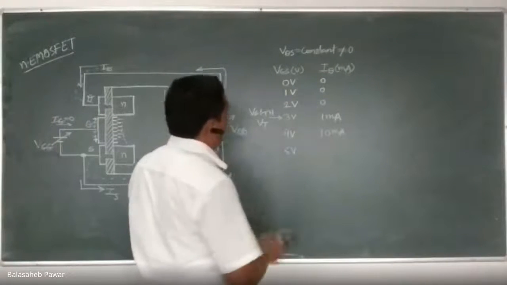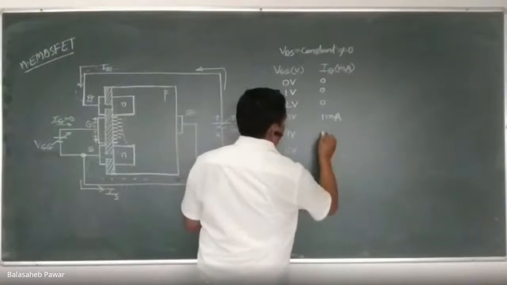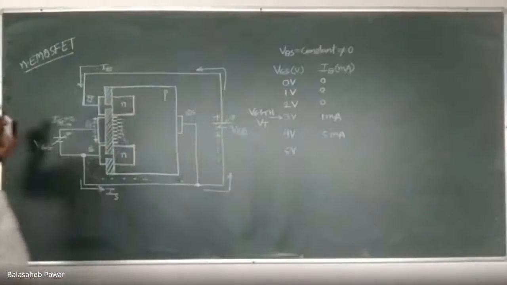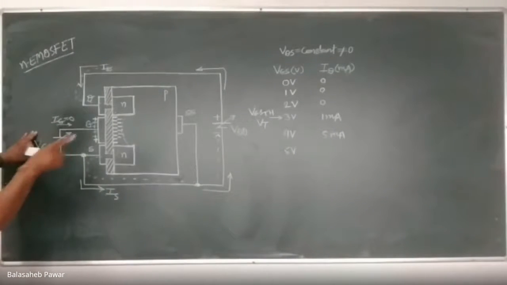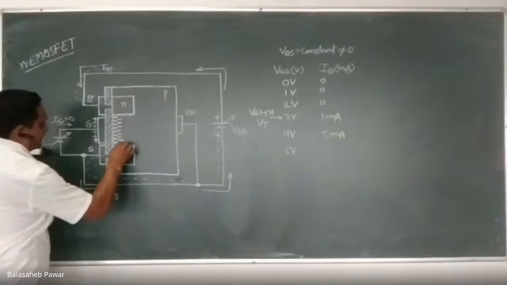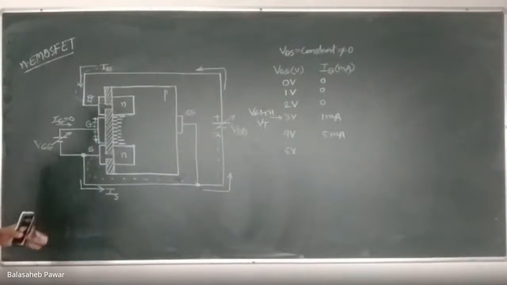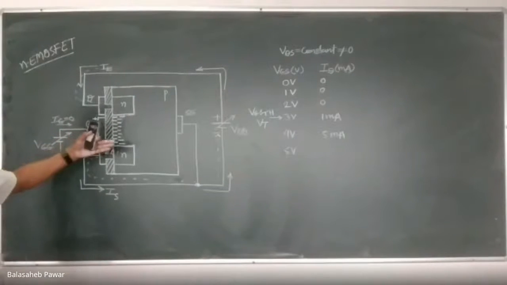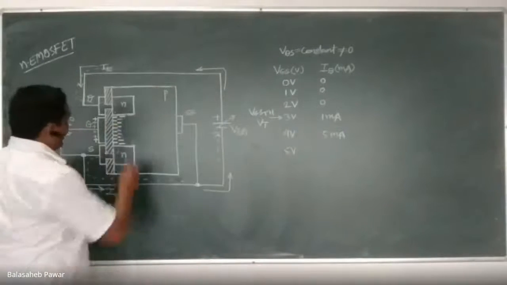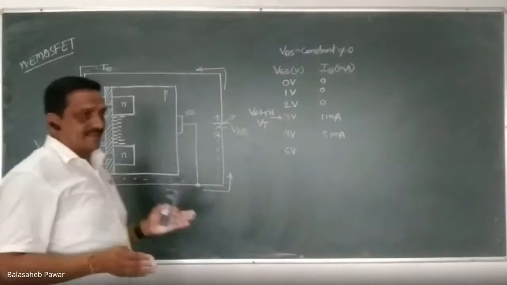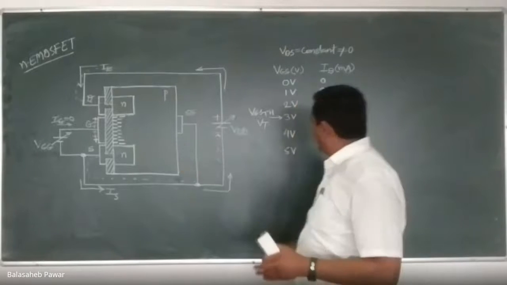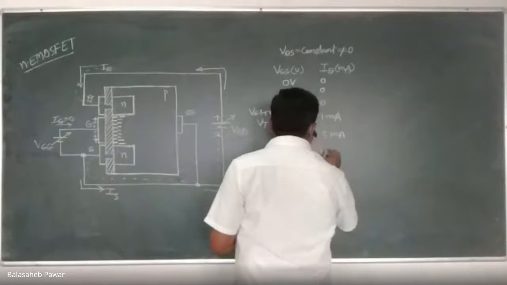Okay. If I increase this VGS from 4 volts to 5 volts, instead of 10 milli, just consider that the current increases to 5 milliamperes, right? If I increase this VGS from 4 to 5 again, what is going to happen? The density of that accumulated charge carrier will again increase. Right now, it will be somewhat more as compared to when VGS was equal to 4, right? So when it is 5, the density will increase. That means its current handling capacity also increases. That means the current passing through that channel also increases as the density increases. So here we can consider that the current reaches, suppose, 10 milliamperes.